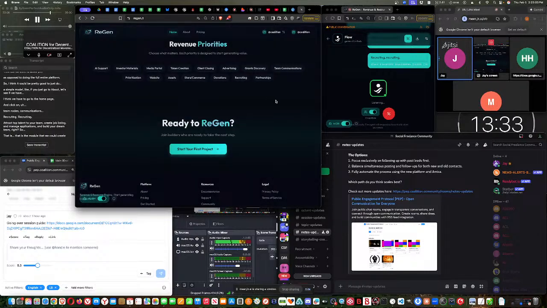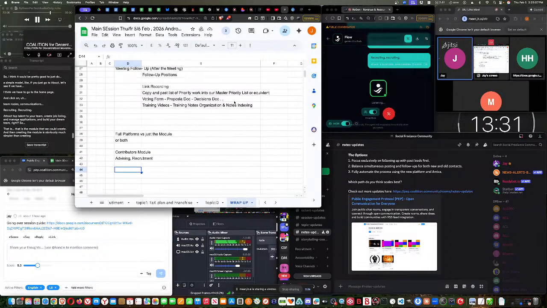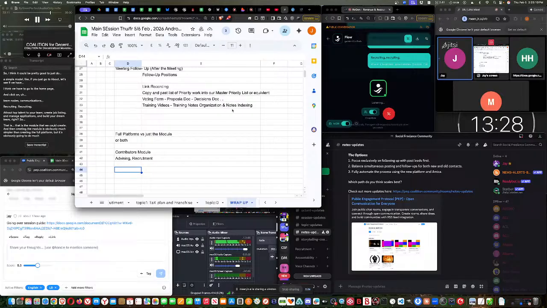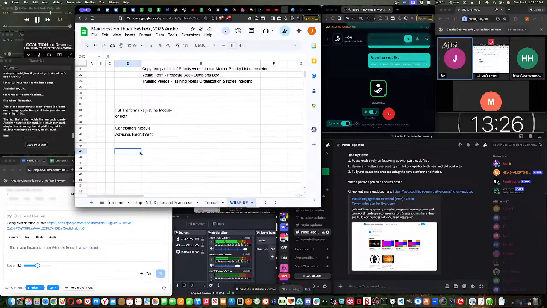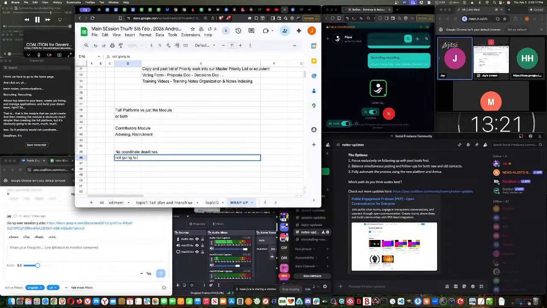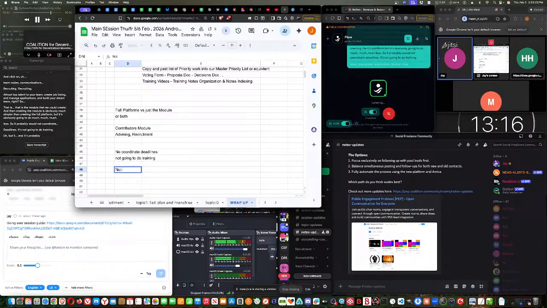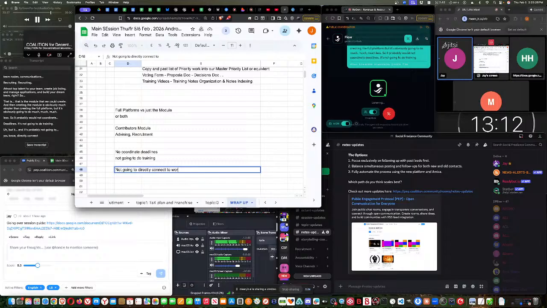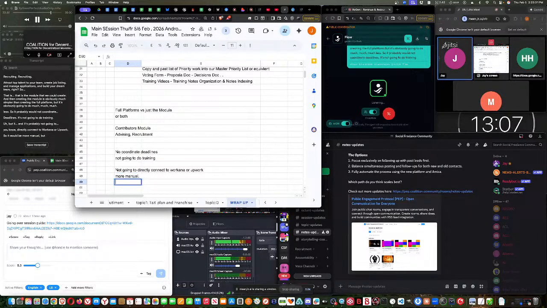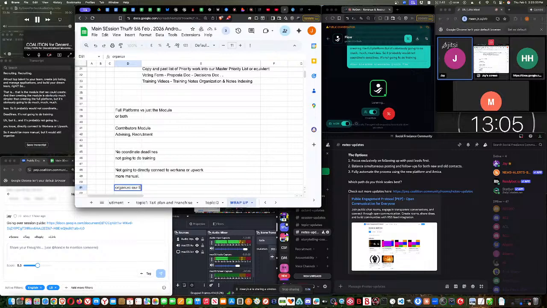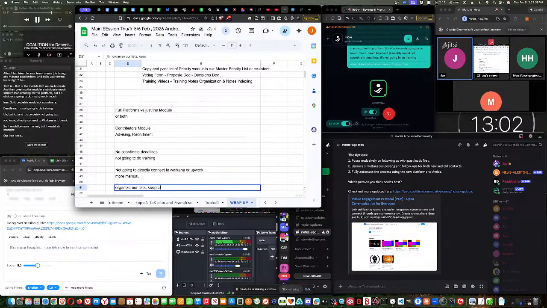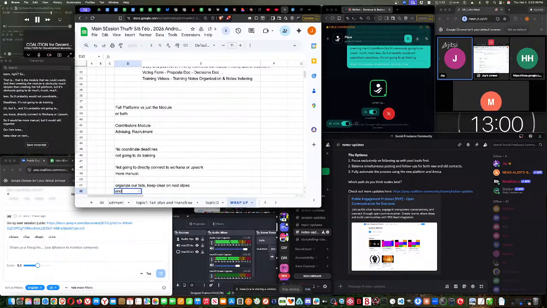And then creating the module is obviously much simpler than creating the full platform, but it's obviously going to do much less. So it probably would not coordinate deadlines. It's not going to do training, but it's probably not going to directly connect to Workana or Upwork. So it would be more manual, but it would still organize our lists, keep clear on next steps, and allow